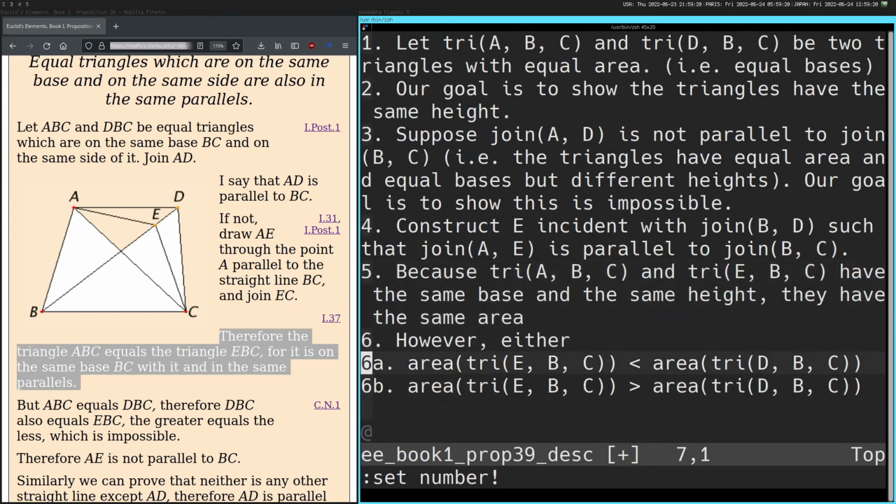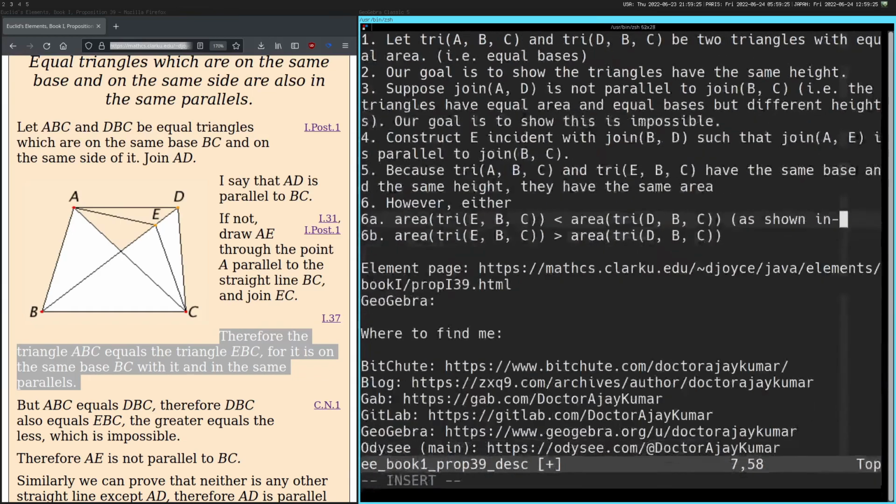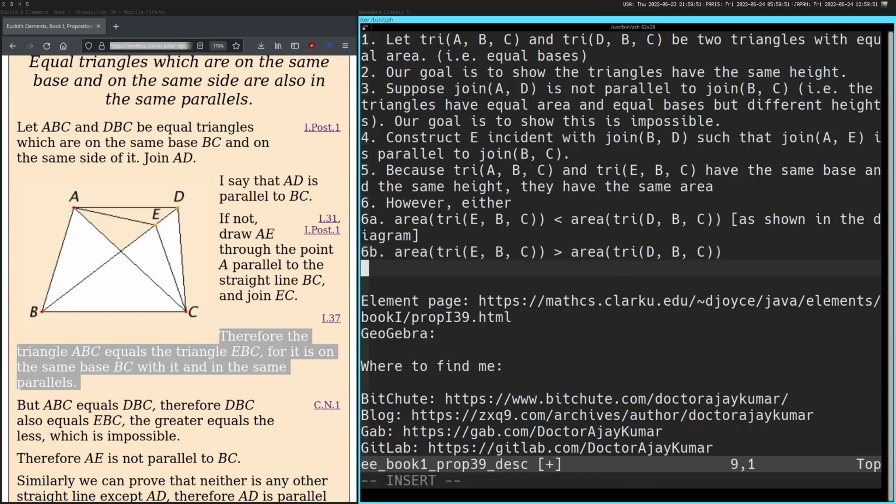Okay. However, as shown in the diagram, or it's greater than. Okay, or the area is greater than. Okay. So we have proven 7. We have proven all of